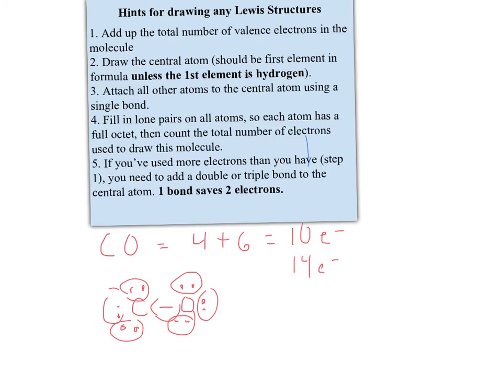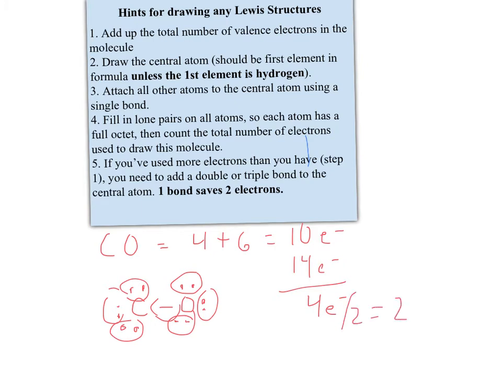And you're right, I used more than I had. If I subtract, I've used an extra 4 electrons. Obviously I can't just create electrons. So if you've used more electrons than you have, you need to add a double or a triple bond. And it says 1 bond will save 2 electrons. So since I have 4 electrons that I need to save, I need to